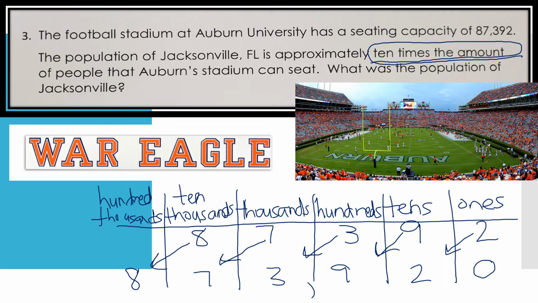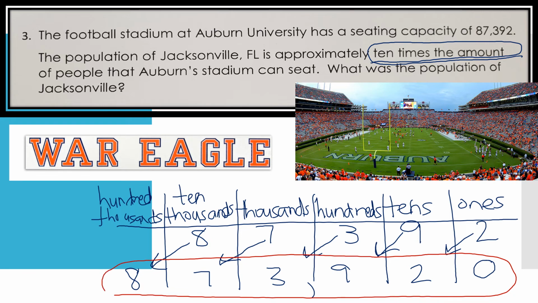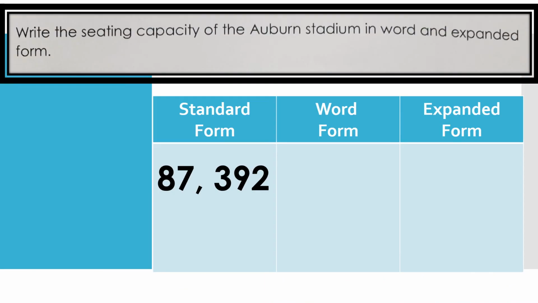So if I wanted to find out the approximate, remember approximate just means estimate, of the population of Jacksonville, it would be 873,920. And I'm just going to circle that because that's my answer. I won't have to rewrite it. Okay? Good job. All right, so now we're going to write that seating capacity of the Auburn Stadium, War Eagle,